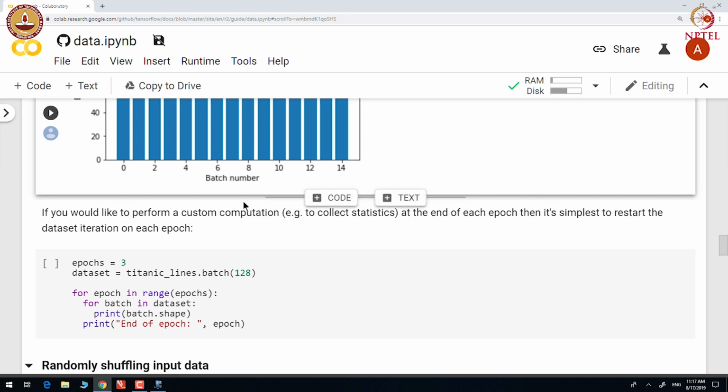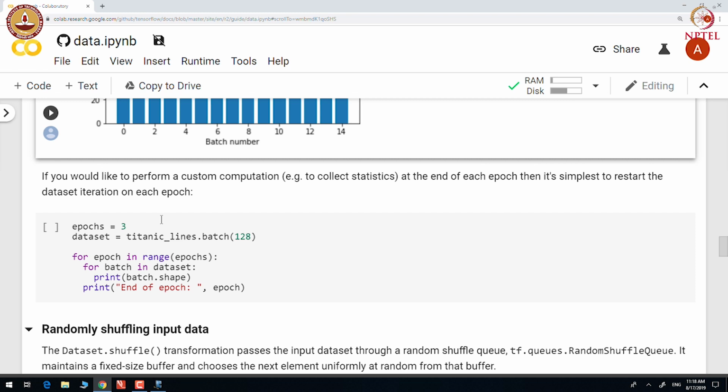If we want to perform a custom computation at the end of each epoch, then it is simple to restart the dataset iteration on each epoch. So, let us say we want to print the shape of the batch and also print the epoch ID at the end of the epoch. We essentially do that in 2 for loops. The first for loop is for epoch, and within epoch we use batches on the data set.